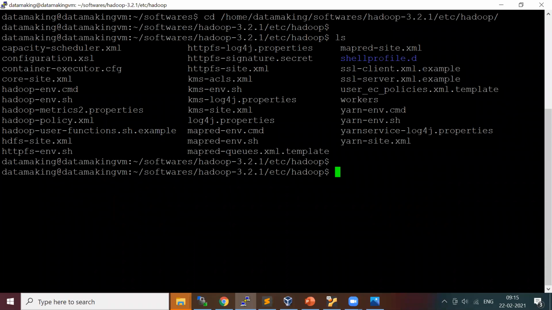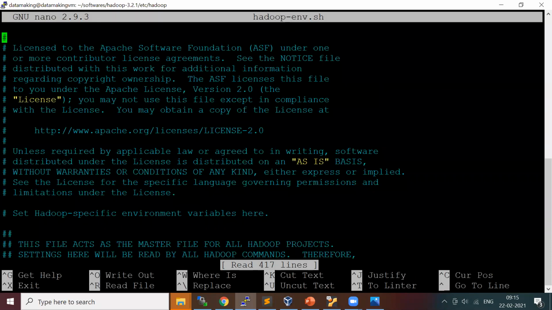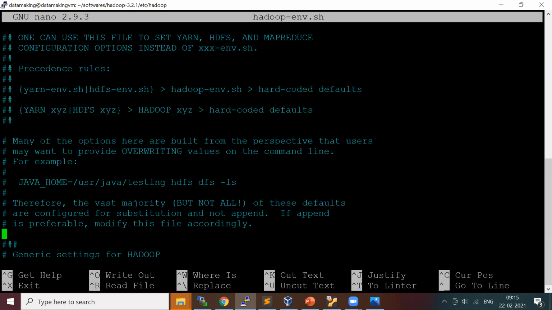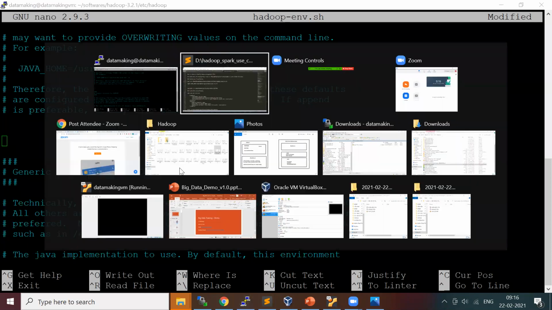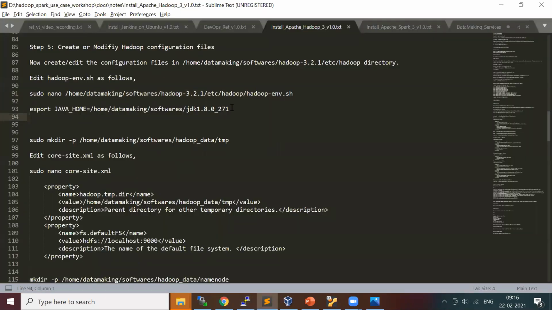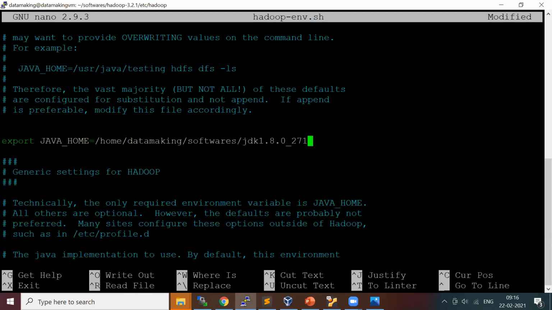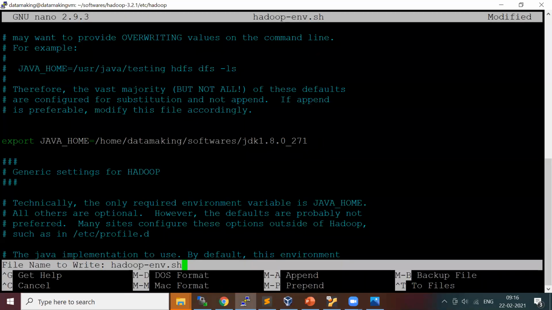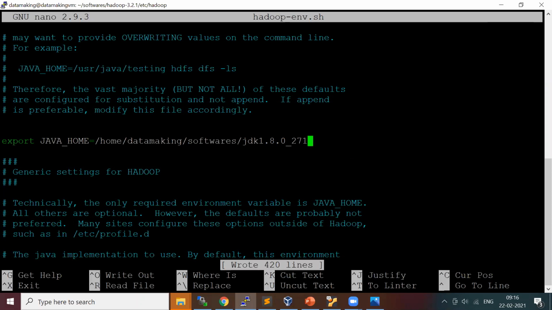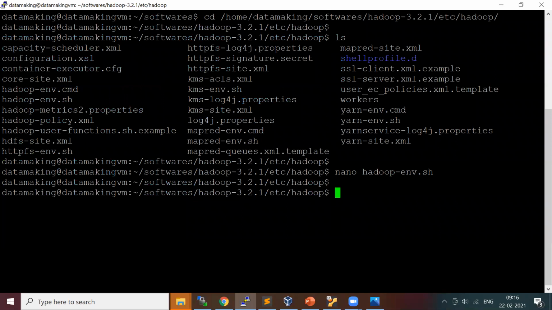You see there is a file called hadoop-env.sh. Open this file. Here you need to specify the Java home. I'll place it here. I will save this with Control O to write and Control X to come out.